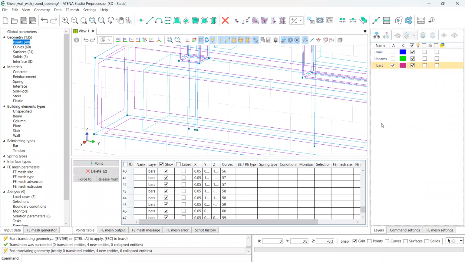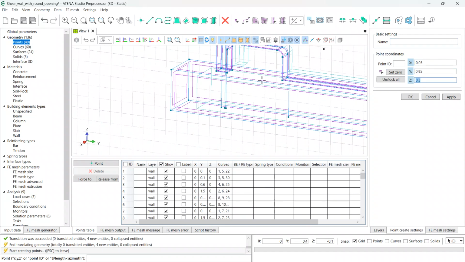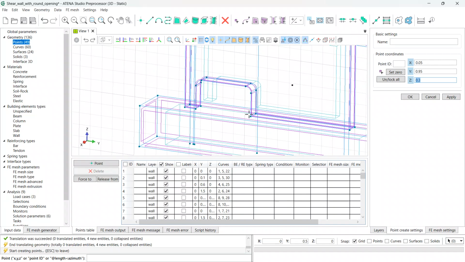So another bar, a discrete bar that is part of the geometry, we are creating with 4 points. It will be above the wall opening. Here you can see the first point. And there is the second point. That is the part that is above the opening, and it will turn upwards